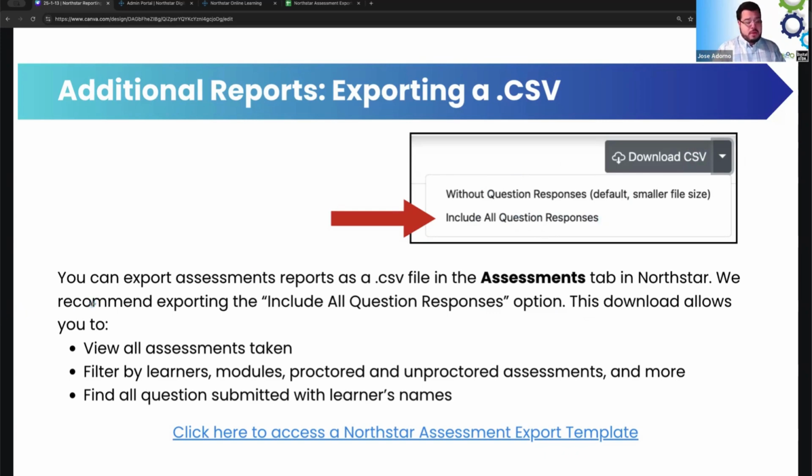You can filter by learners, modules, proctors, proctored assessments, and more. And you can find all questions submitted with learners' names. That's the main piece. The difference between the Northstar report and the export is that the export, when you have